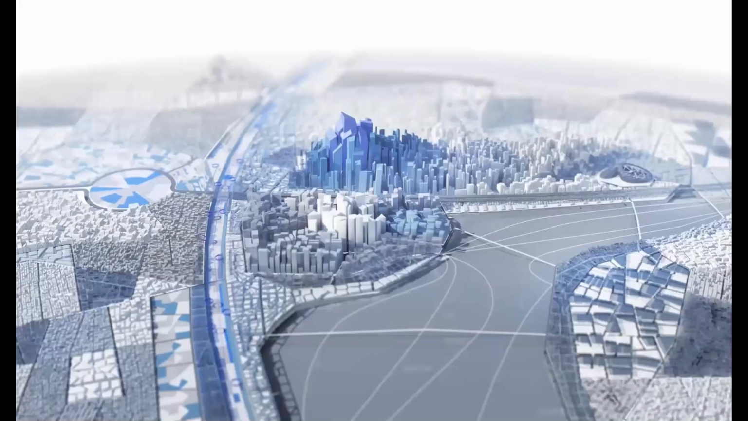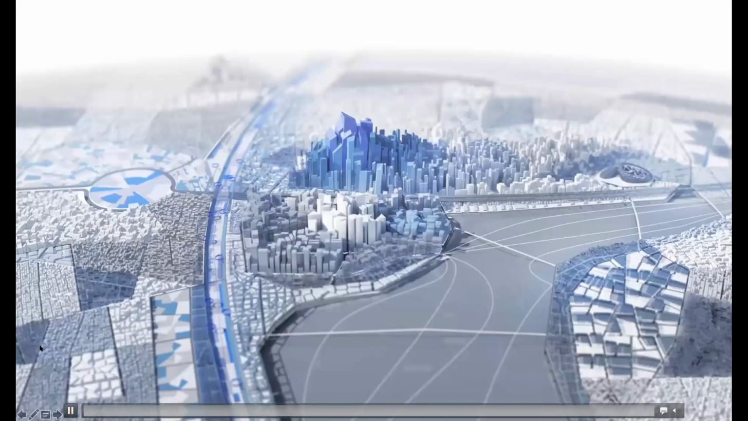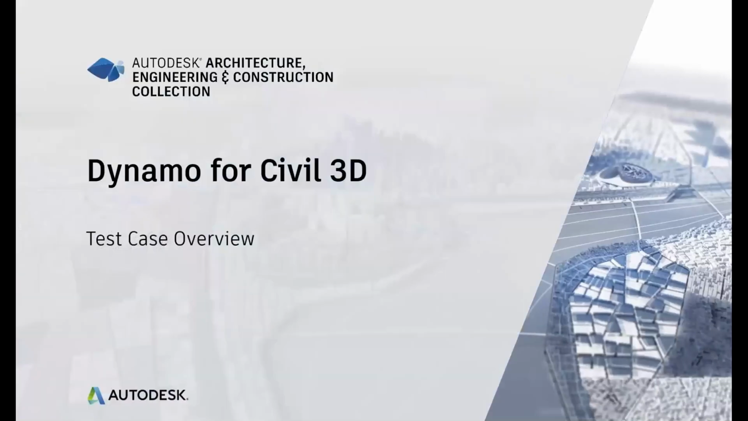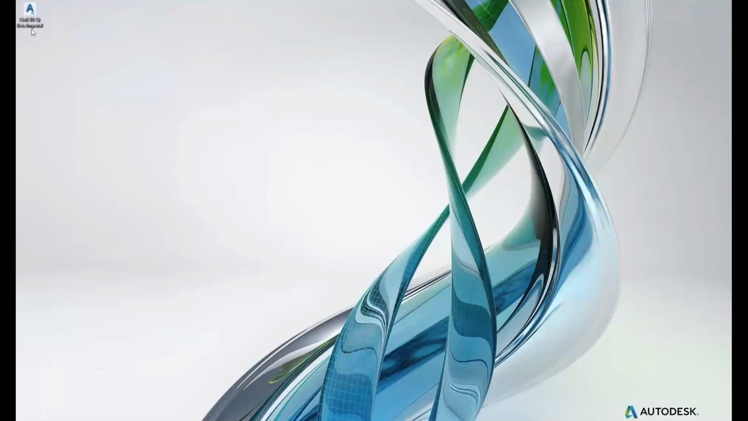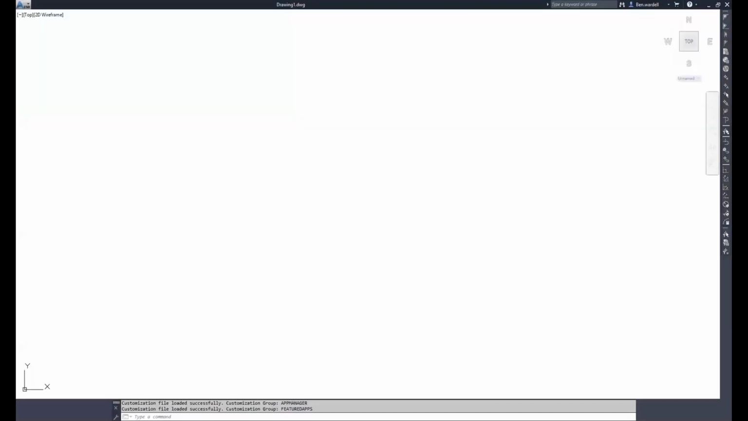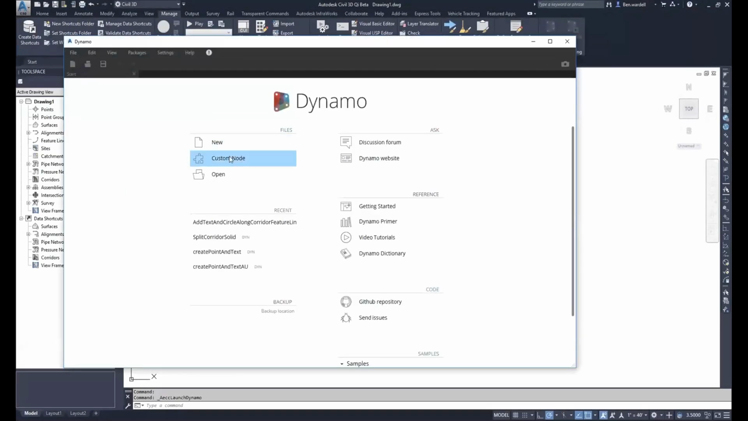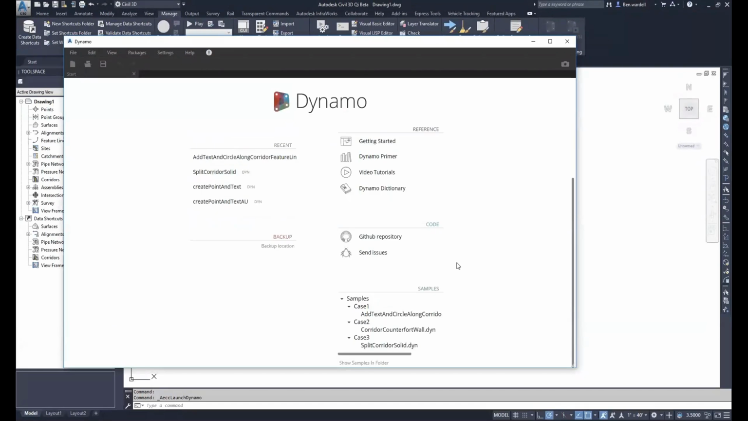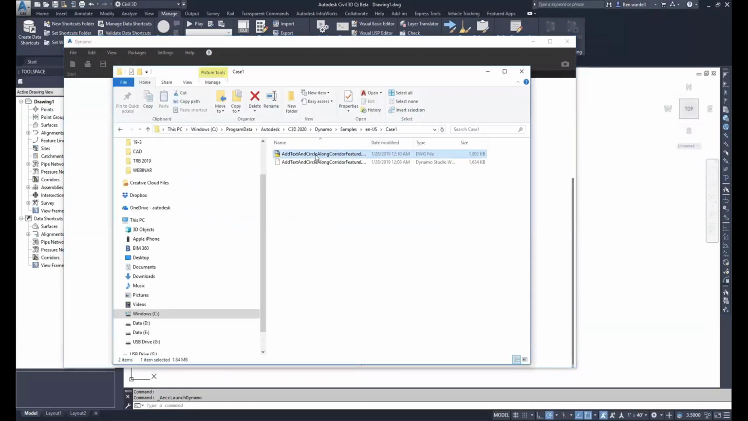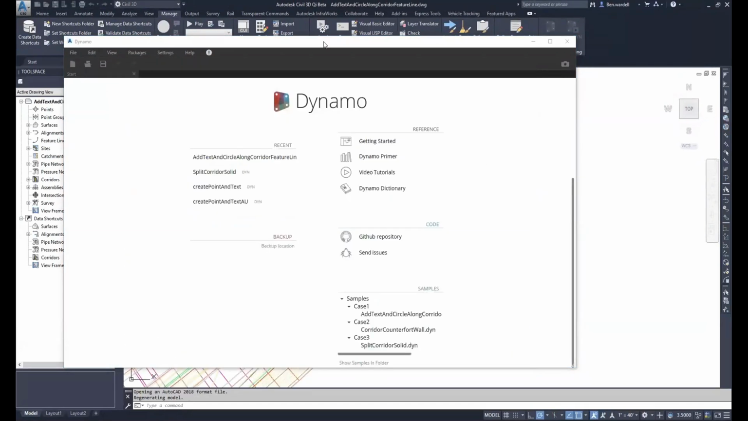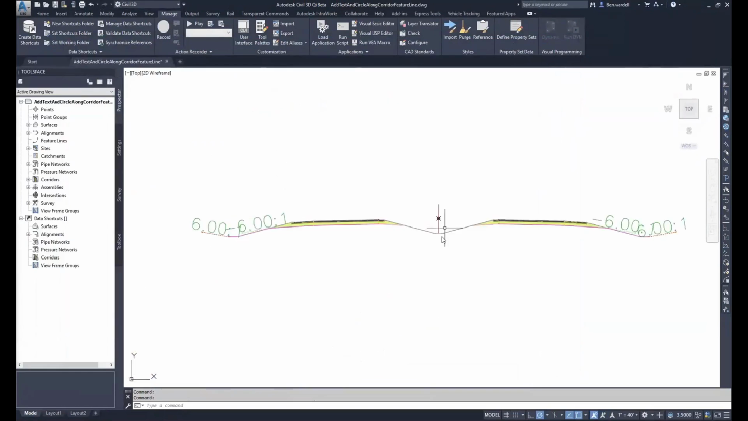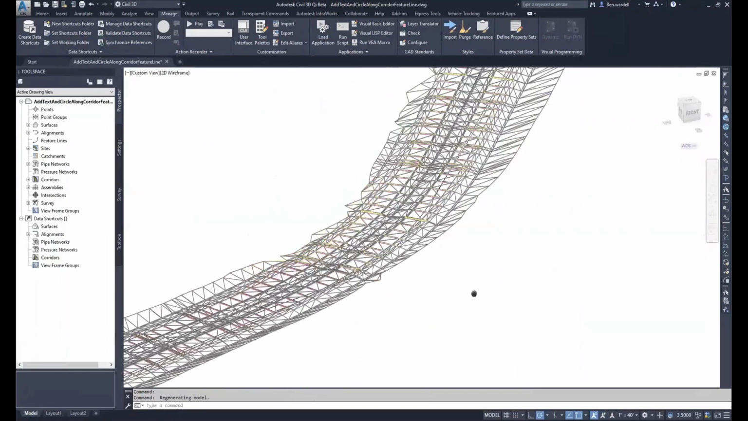Let's see if that will start playing. Okay, it's showing how it works. It's a bit sped up, just to demonstrate the idea. I have the new Dynamo button inside Civil3D, and for this demonstration, I have a file with a corridor. That's the classic Corridor 6